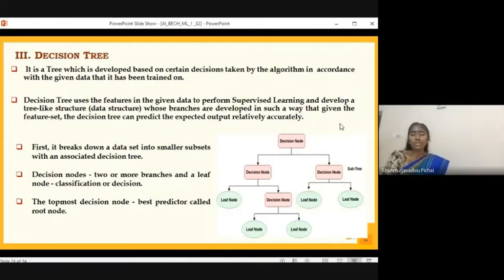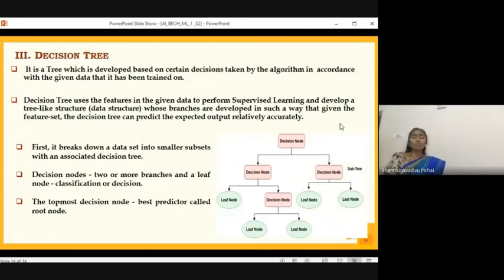Then the decision nodes, two or more branches, and the leaf node will be available. So you have the root node, you have the subnodes, and at the end, you have the class labels. This is a very simple example I have given to make you understand what is meant by a decision tree. But interestingly, when you take decision tree machine learning models, they are capable of constructing such a complicated decision tree for even 50, 60 attributes, where it looks really complicated.